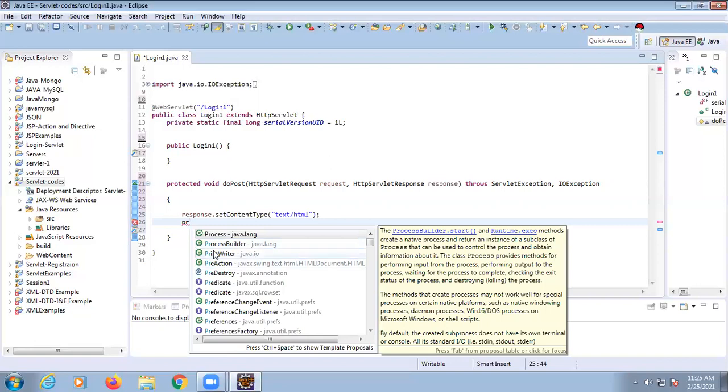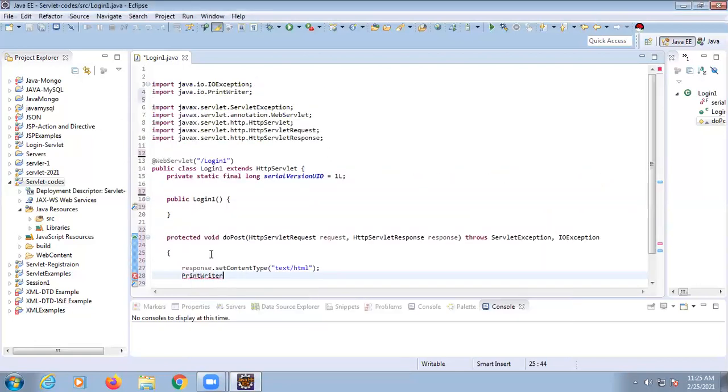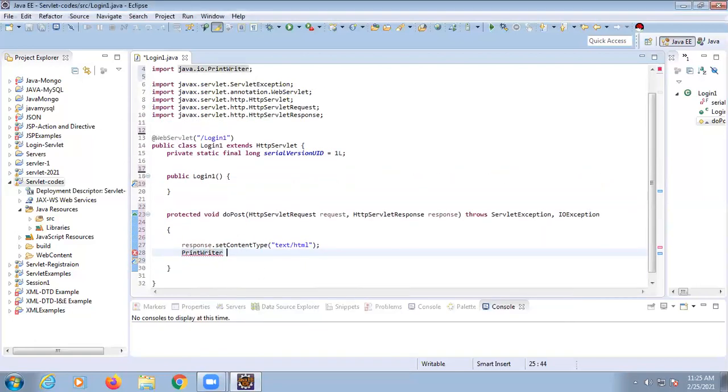It is going to suggest all the methods or classes starting with PR. So click on PrintWriter and create an object. Suppose I have created an object named out equal to.